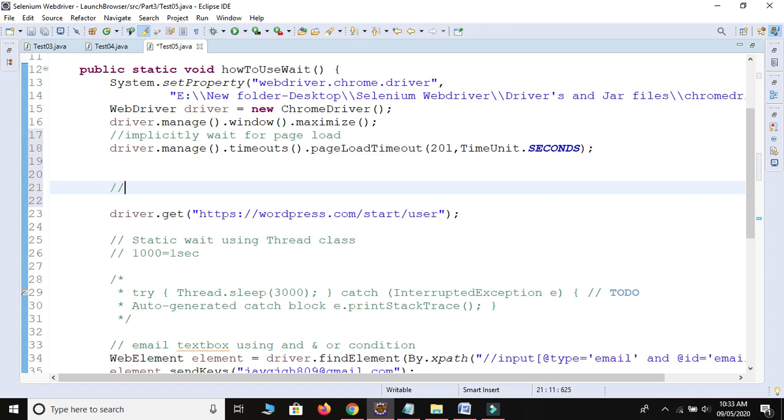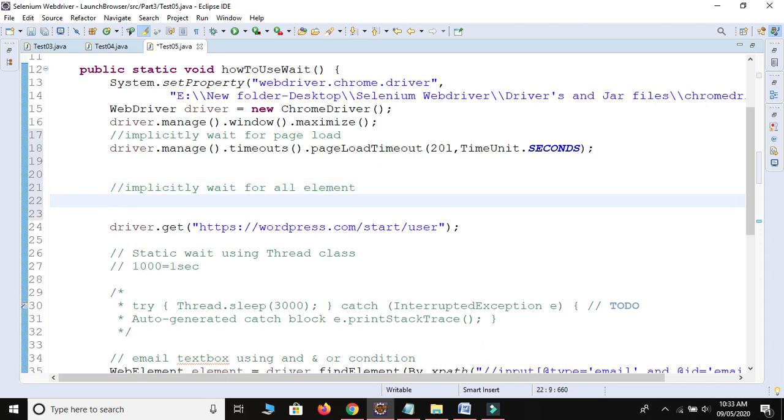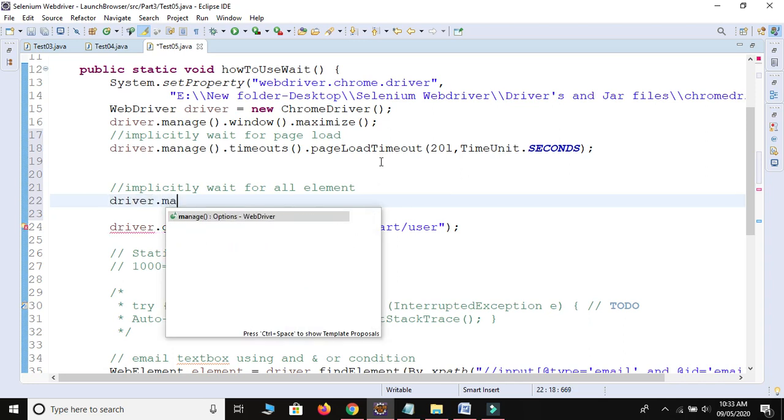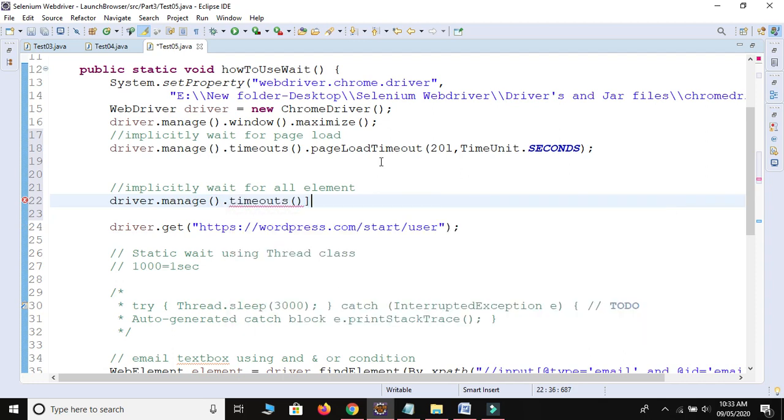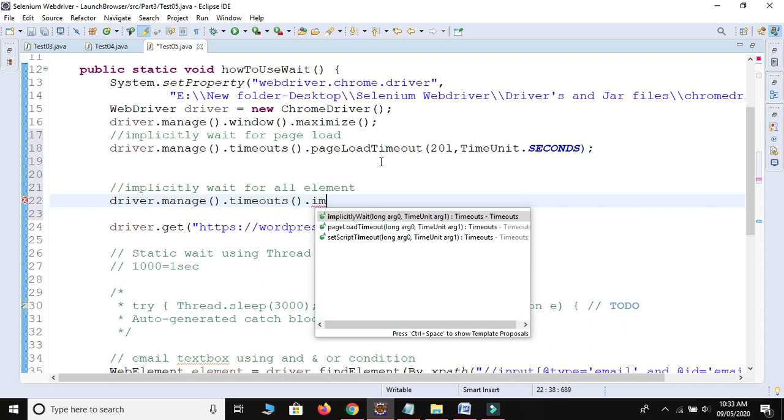Now implicit wait for all elements. How to use implicit wait? We use driver.manage().timeouts().implicitlyWait method.